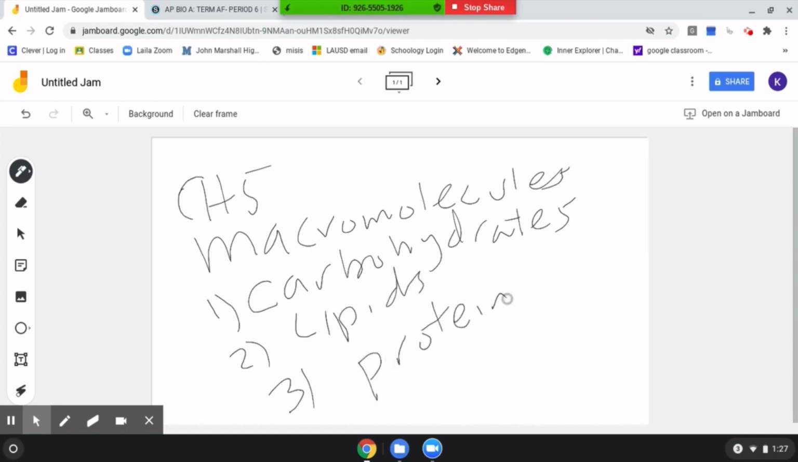Okay? So these are macromolecules, which mean large molecules. And all of these have what 3 elements for sure? Carbon, hydrogen, oxygen. Fantastic. Okay? And proteins, they're the only ones that